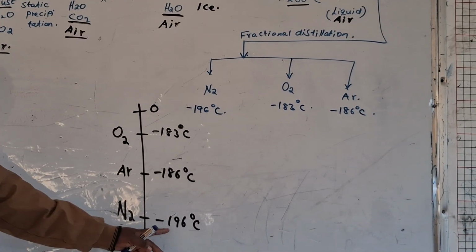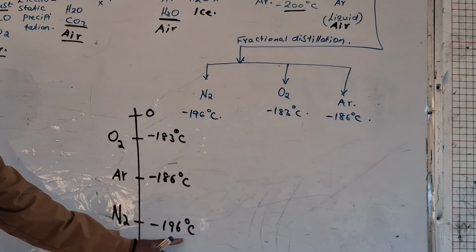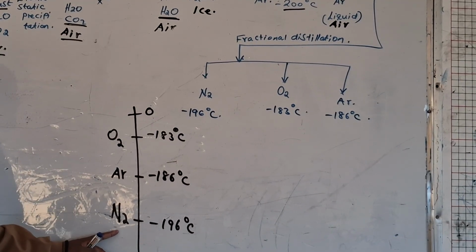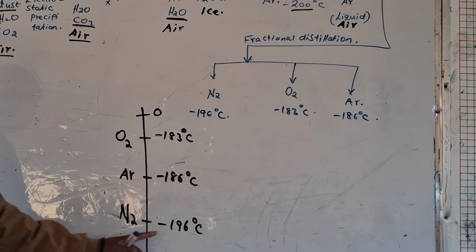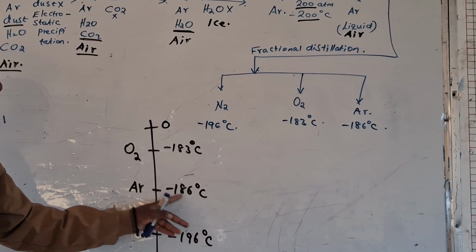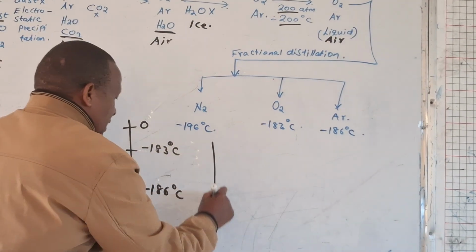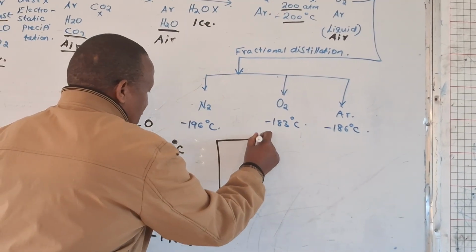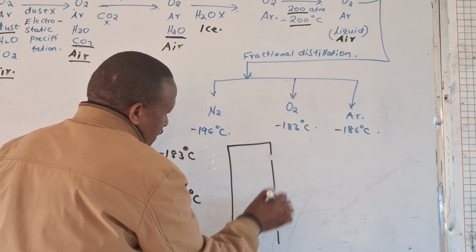Okay? Like that. So which one among these is the lowest temperature? Nitrogen. It is negative 196. Is that okay? Yes. So the lowest temperature is negative 196. So nitrogen will distill out first, since it has the lowest temperature, which is negative 196. Okay? Followed by argon, followed by oxygen. So if you are having a fractionating column which has a lot of compartments, for example this one here,